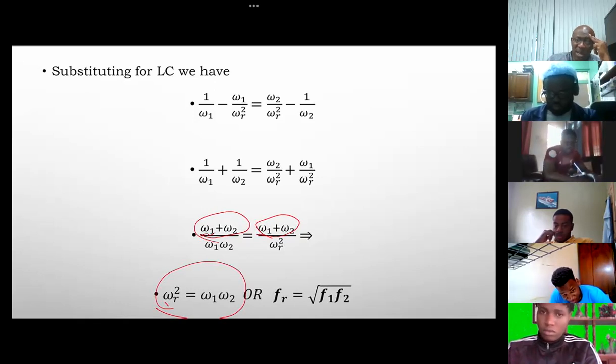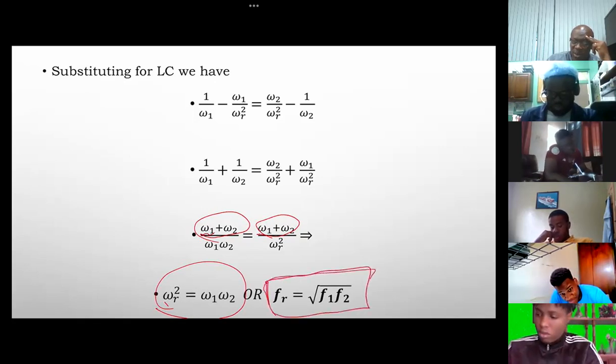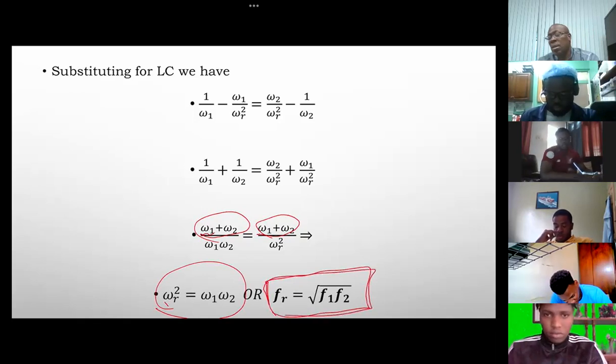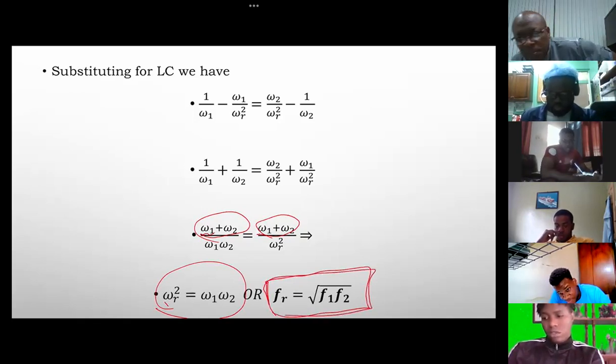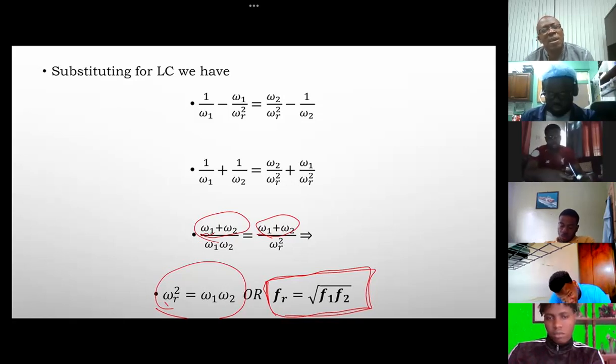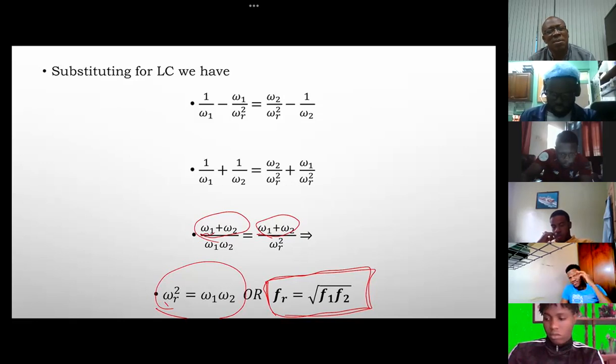And if we factorize the 2 pi f, what we are left with is that the resonant frequency is equal to the square root of the product of the two sideband frequencies. So you have a plethora of formulae that you have to be familiar with, right? You know two ways about it. Right? So you have FR equal the square root of F1 F2,